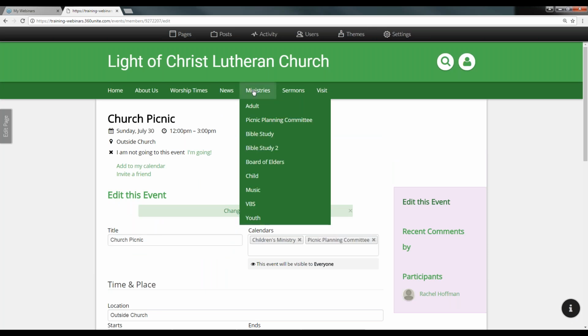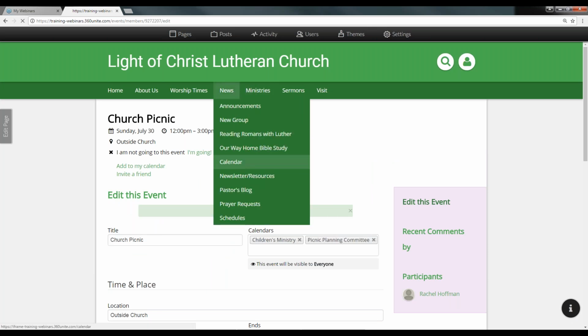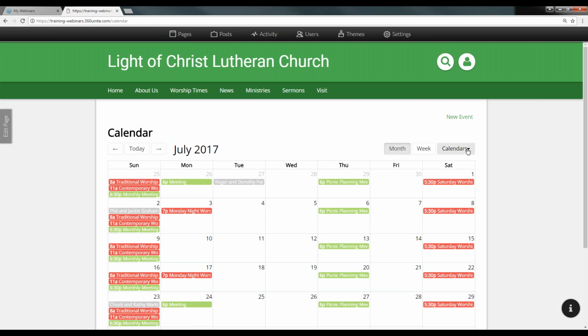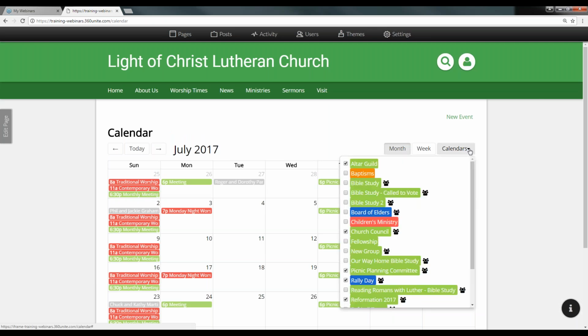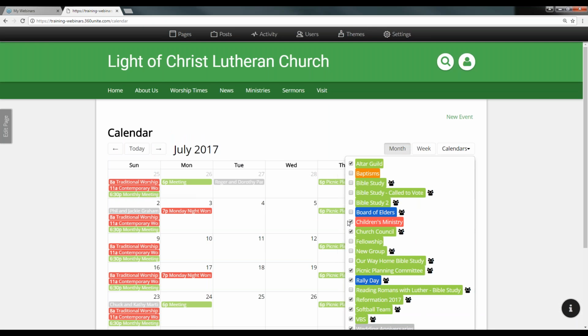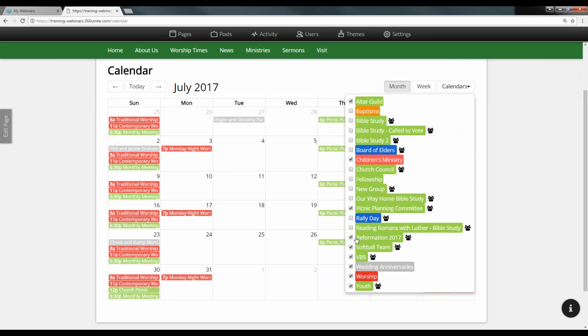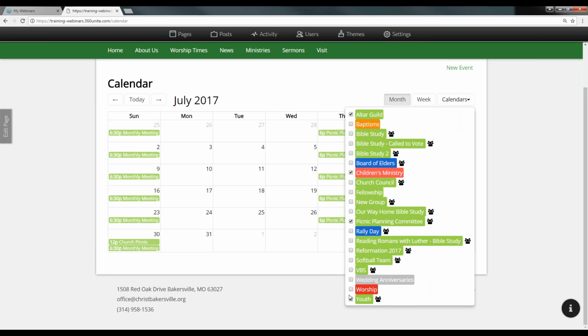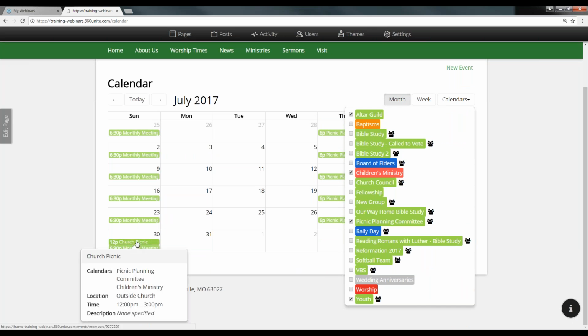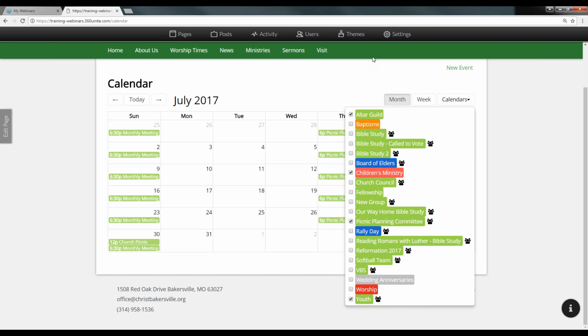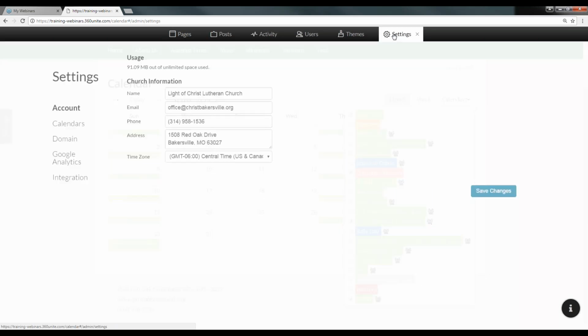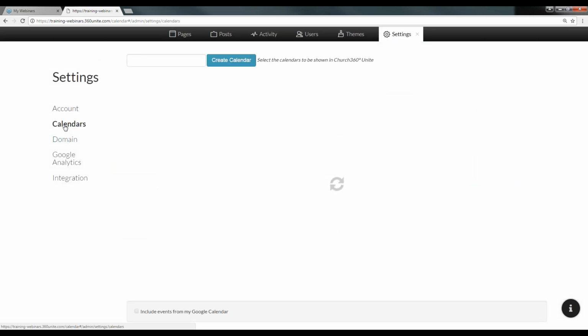And if I go out, and let me make sure the children's ministry, here we go. And let me deselect here, deselect here. Then we'll be able to see the church picnic here as well. Okay. Now, if we go to our settings and go to our calendars,